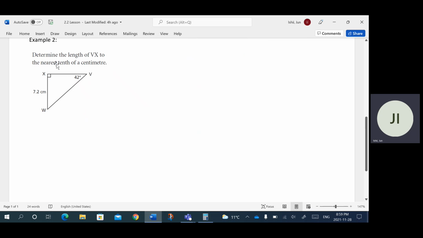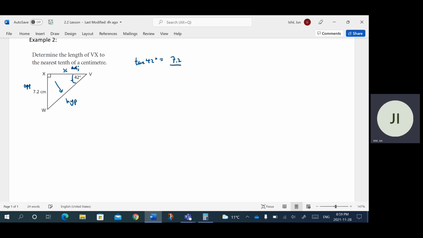Okay, so again, we're going to determine the length of Vx to the nearest tenth of a centimeter. Okay, so Vx is this line up here, so let's just call that x again. All right, so first step here, I'm just going to label the sides. So this is my hypotenuse, this is my opposite side, this is my adjacent side. And again, 42 degrees is the angle that we're working with. So tangent 42 degrees is equal to opposite, which is 7.2,